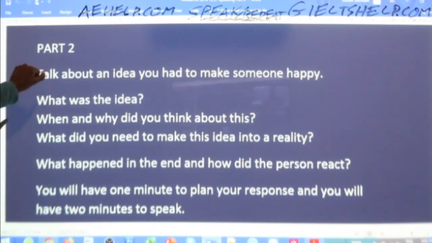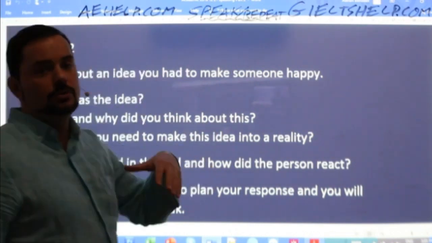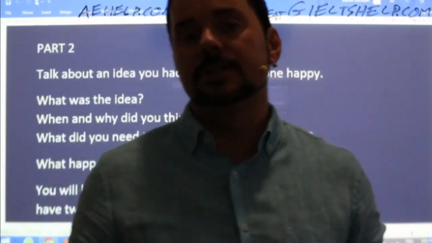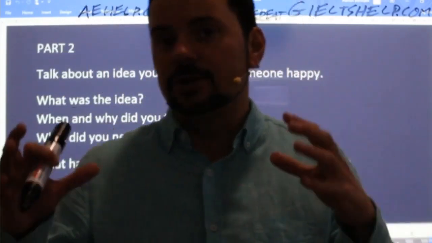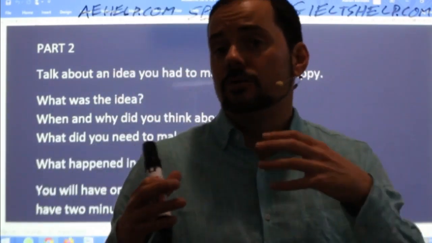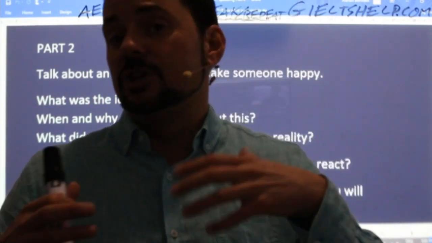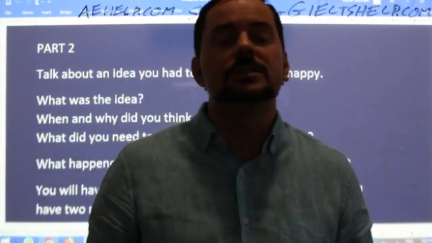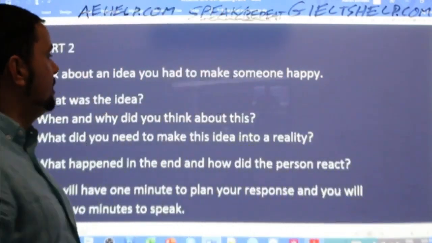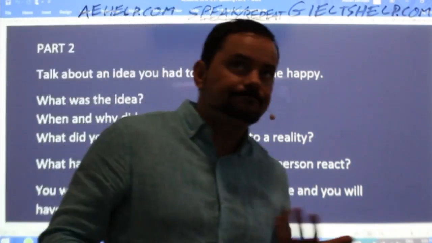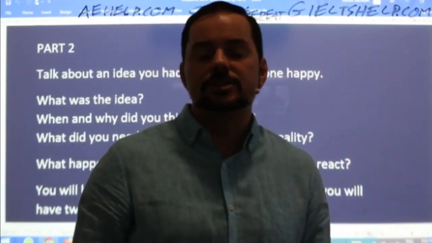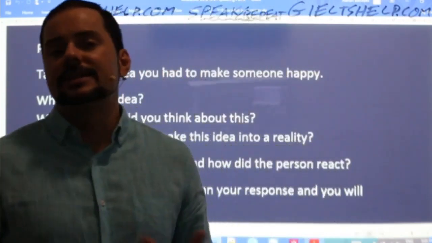All right, so part 2. For those of you who don't know much about the speaking section, in the IELTS speaking, you have 3 parts. All 3 parts are in one interview. The interview is 12 to 15 minutes. You start with part 1. Part 1 are usually questions about a general topic, about you, your hobbies, your favorite restaurant, colors, your favorite food. And then after part one, after about 4 or 5 minutes of back and forth questions and answers between the examiner and you, the examiner will say,